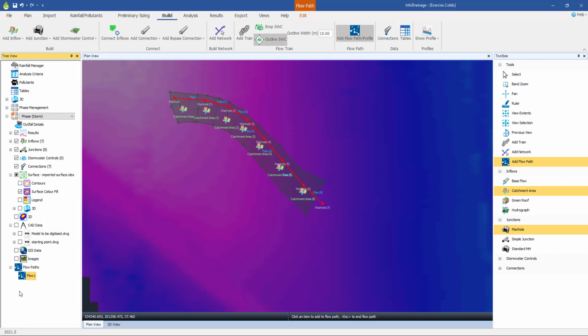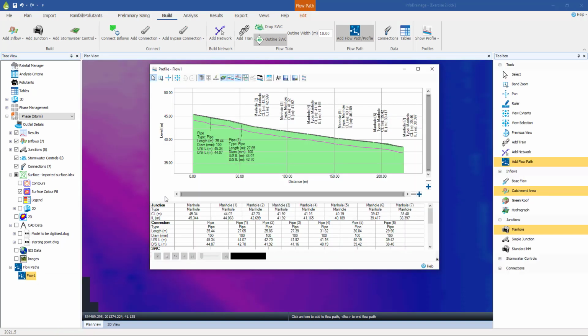So as I said, flow paths, just the act of creating them, is an extremely important part of the model build process to ensure that we've got the right connectivity. However, they have a second advantage in that they then allow us to create these profile or long section views. So once you've created a flow path, right click on it and show profile, and it then brings up that profile view. So we've got the profile at the top here, and we've got some information about that profile